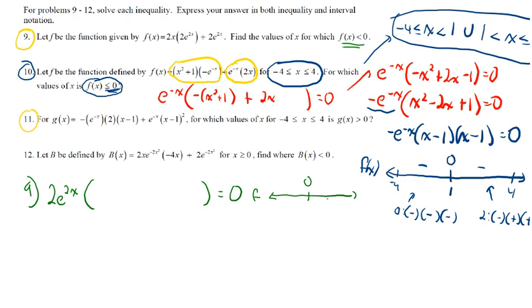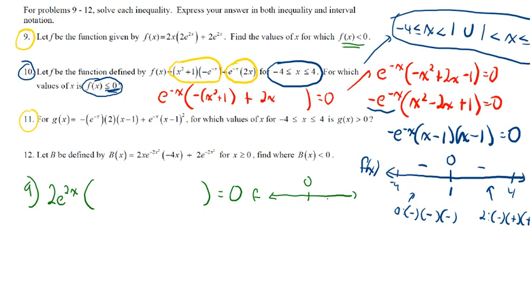Number 11, here's the factoring. If I'm taking out an e to the negative x and an x minus 1, that basically leaves us the negative 2 from the first term, and it leaves us an x minus 1 from the second term. So if I rewrite this,